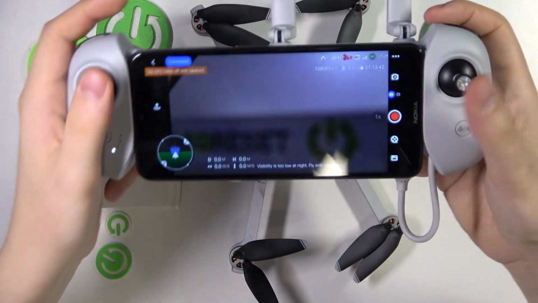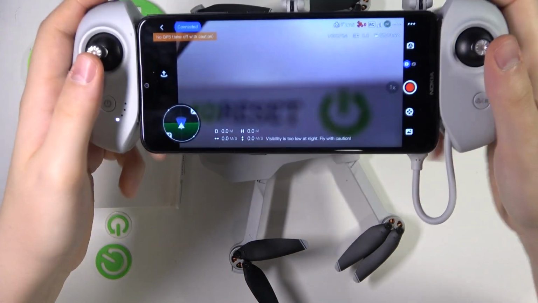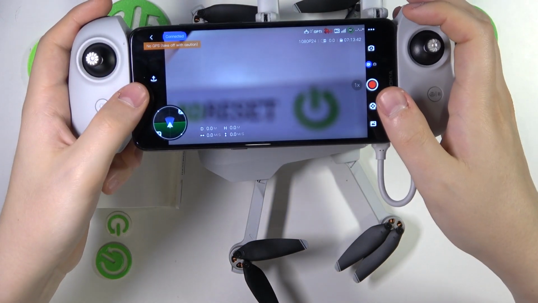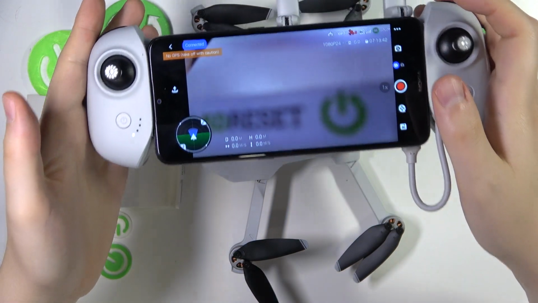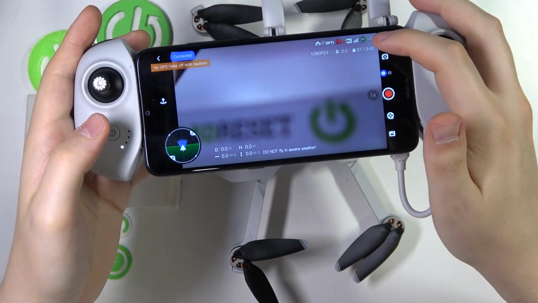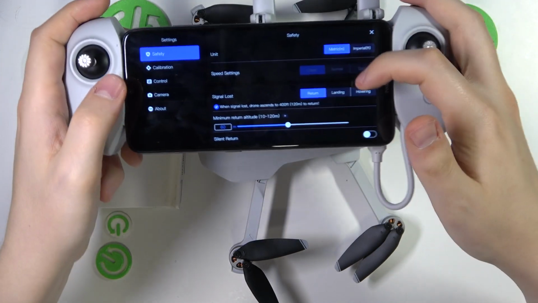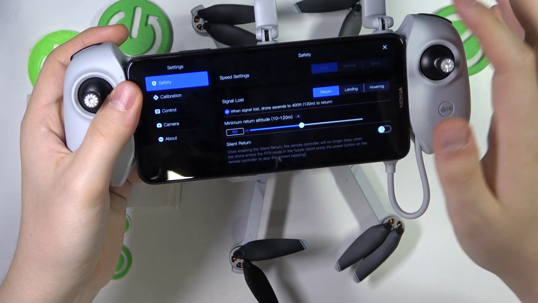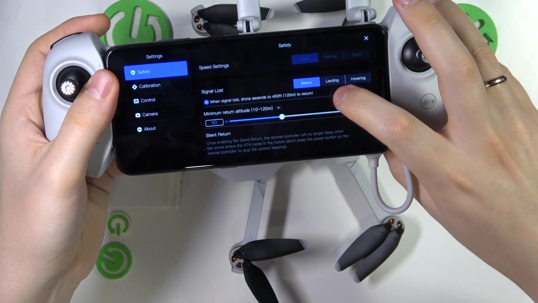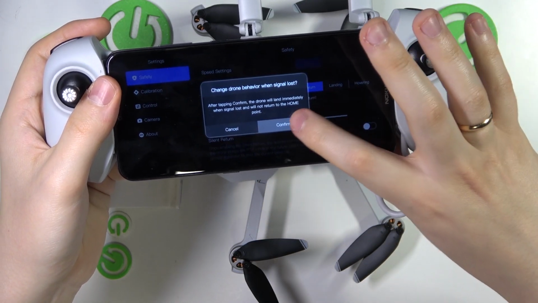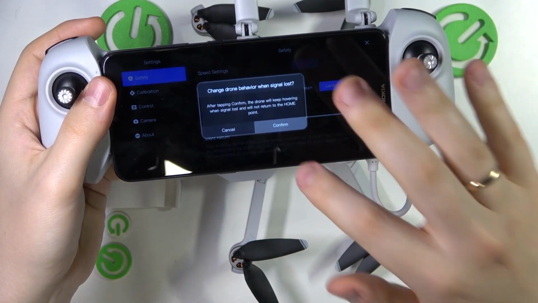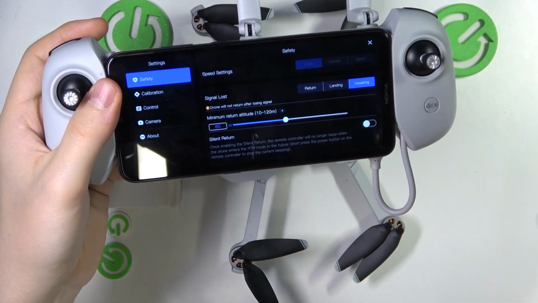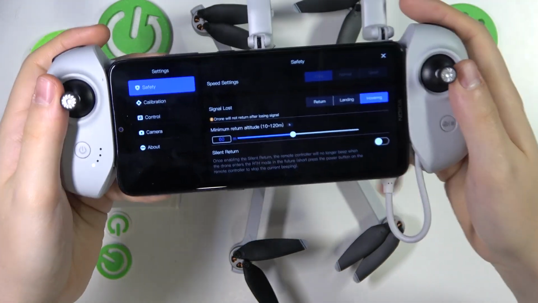So to start, launch the camera view of the Potensic Pro app on your phone. Then inside the camera view, obviously make sure that everything is powered on and interconnected. Open settings, select the safety section here, and if you'll scroll down a little bit, you'll find the signal lost action, which you can switch between return, land, or hover at the point in the space that it has lost